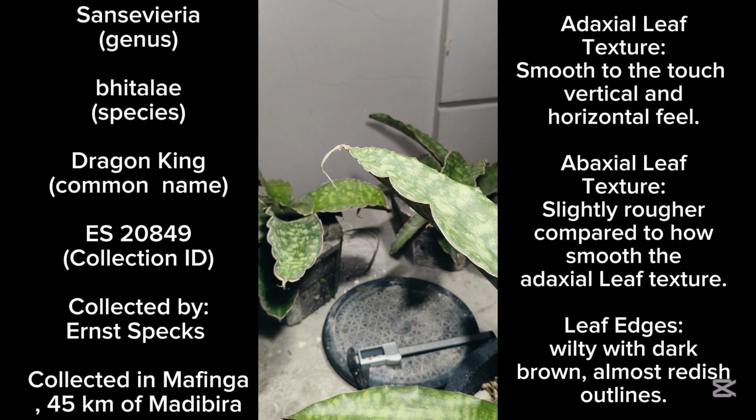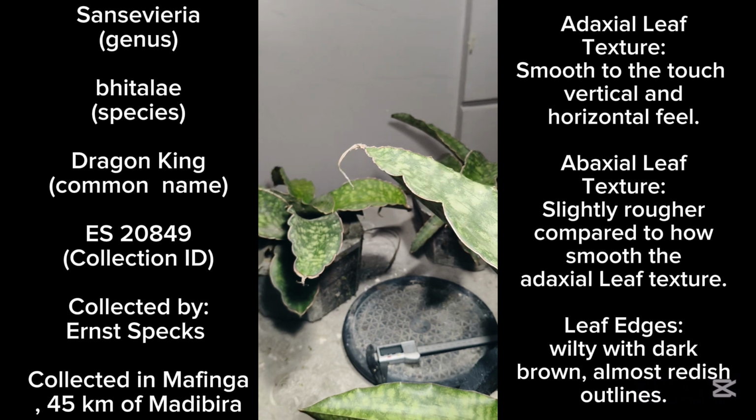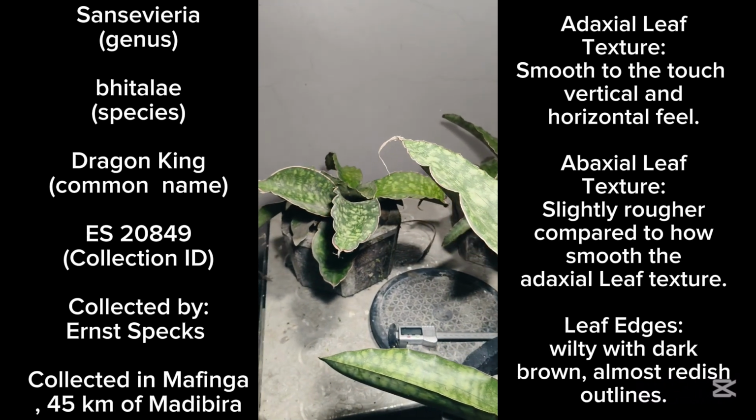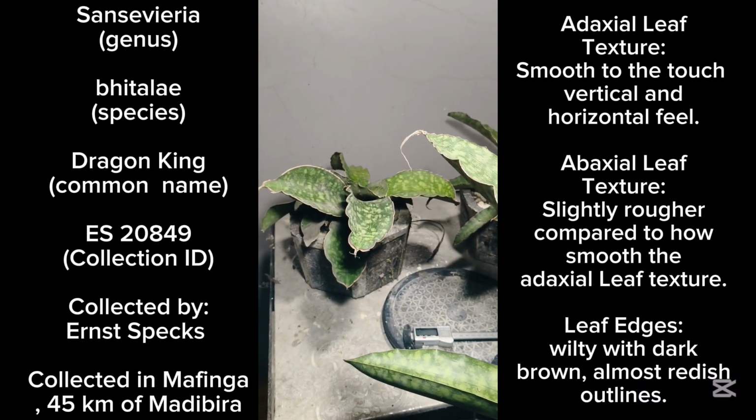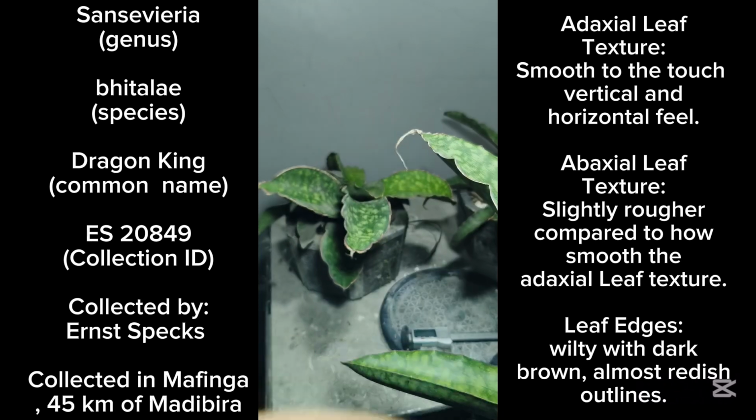Perhaps they will grow longer, but it is really just the Dragon King which can grow into very long leaf lengths. But as to what I am having right now, I am limited to just below 24 inches in comparison to what I see with other people's posts with regards to Dragon Kings, which are